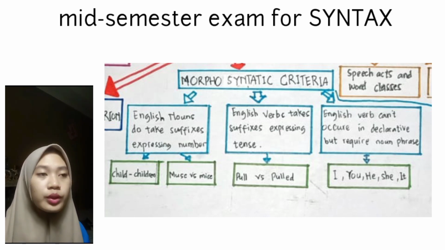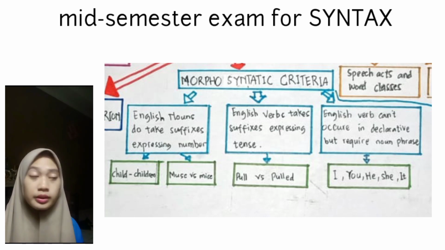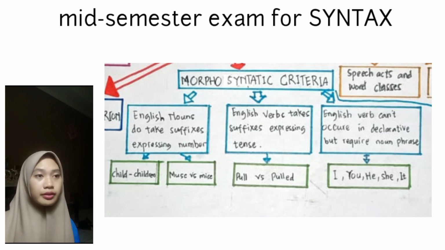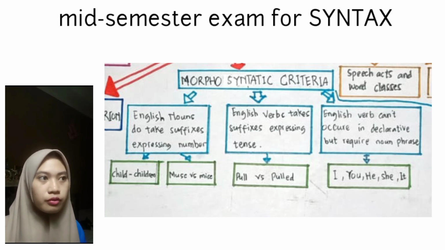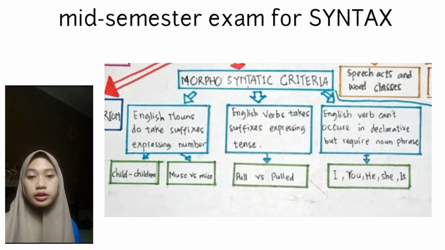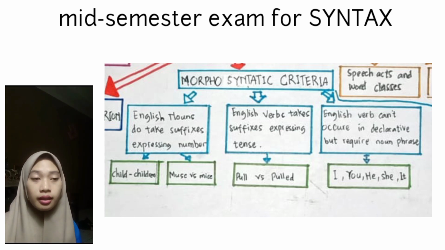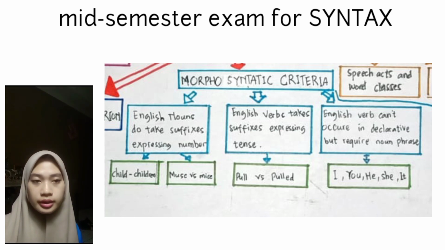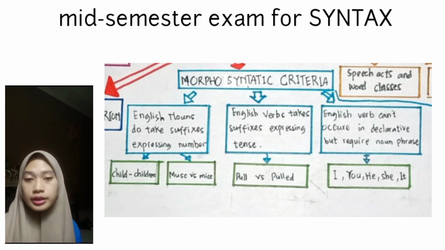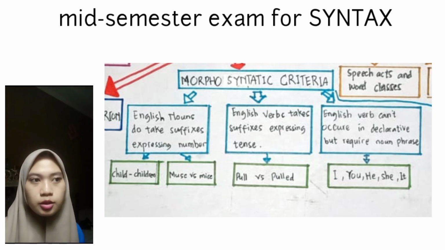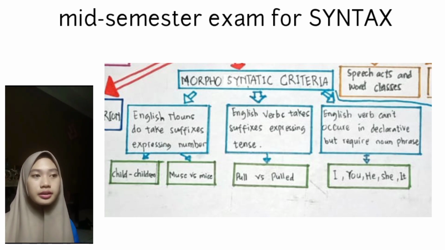Now we enter morphosyntactic criteria. They refer to the rules or principles governing the way morphemes, the smallest units of meaning in a language, are combined with syntax, the structure and arrangement of words in a sentence within a language. These criteria help determine how words are formed, inflected, and arranged in a sentence. They involve considerations such as the first,